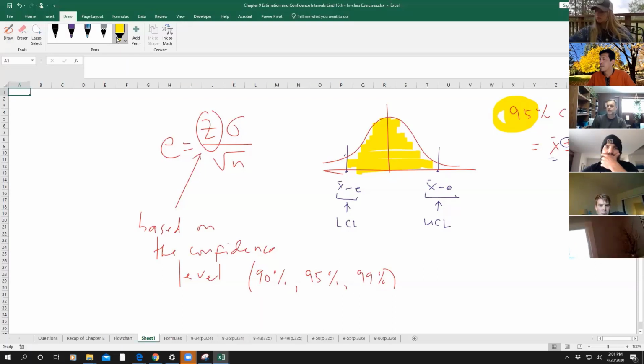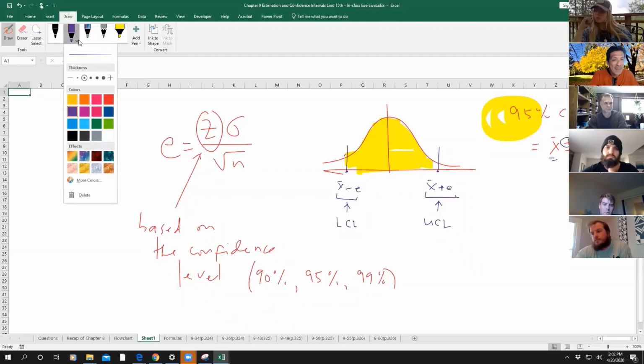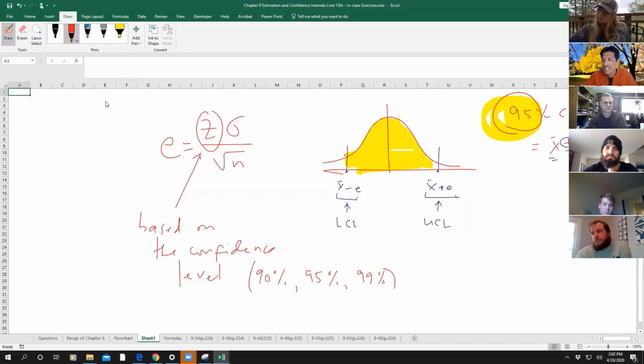Renee, yes? You mean on the upper limit, it's X bar plus E. Oh, thank you. So are we clear so far what this 95% represents, in terms of where it is in the distribution? All right. So the next thing we need to do is convert this 95% into a z-score. What is the z corresponding to a 95%